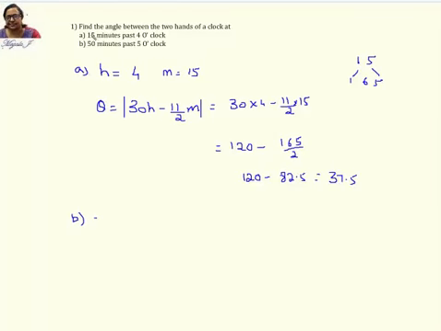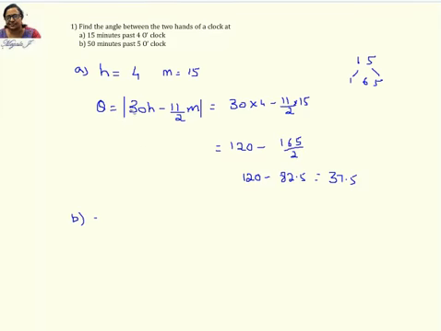See, this first problem: 15 minutes past 4 o'clock, you have to find the angle between the minute hand and the hour hand. So the data given here: 4 o'clock, so 4 is the number of hours and the minutes is 15 minutes. So I'm writing this too. And you have the formula which yesterday we derived.